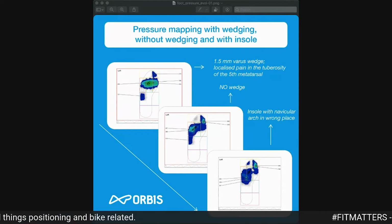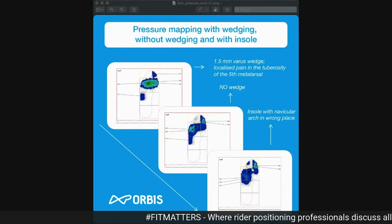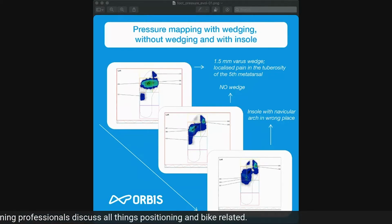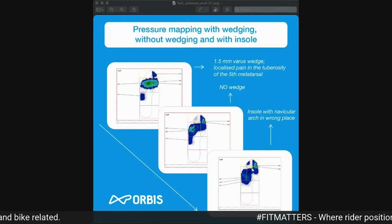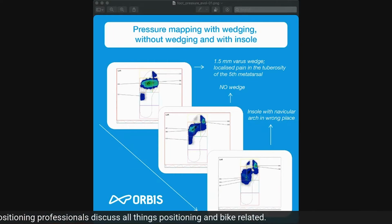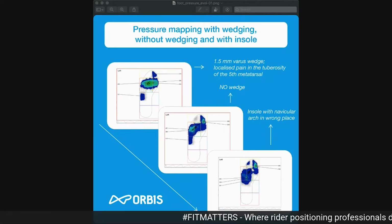Okay, and then I did a little bit more, so I tried to smear that pressure, increase the area with an insole, and I happened to use an insole that I had, which did not facilitate the placement of the navicular arch. So it was in the wrong place. The height was right. I would want that arch moved a little bit towards the heel, but that insole didn't have that facility. But still, you can see that step 1, step 2, step 3